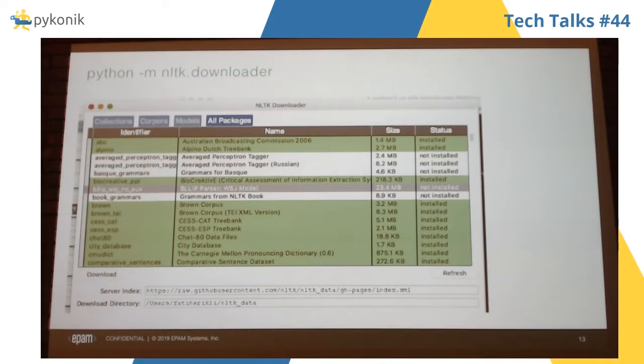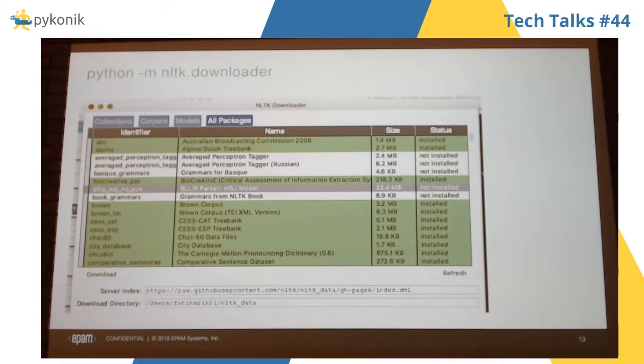So that's how NLTK looks. When you install NLTK in Python, it's not like you loaded the whole library or whole package. After downloading NLTK, you also need to install some additional dictionaries or packages to develop an application.